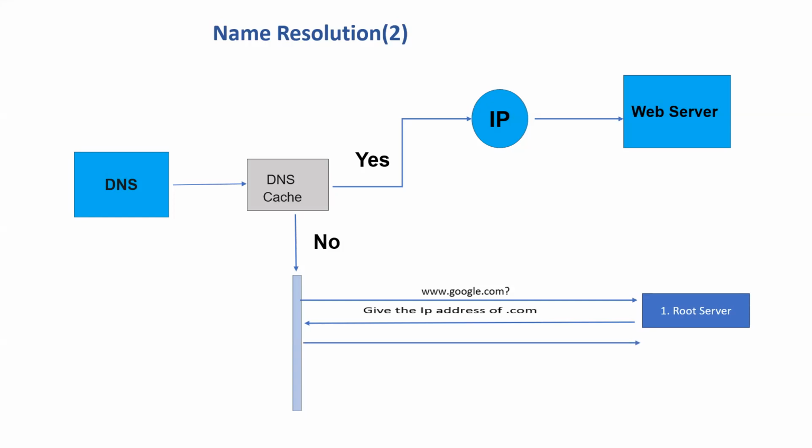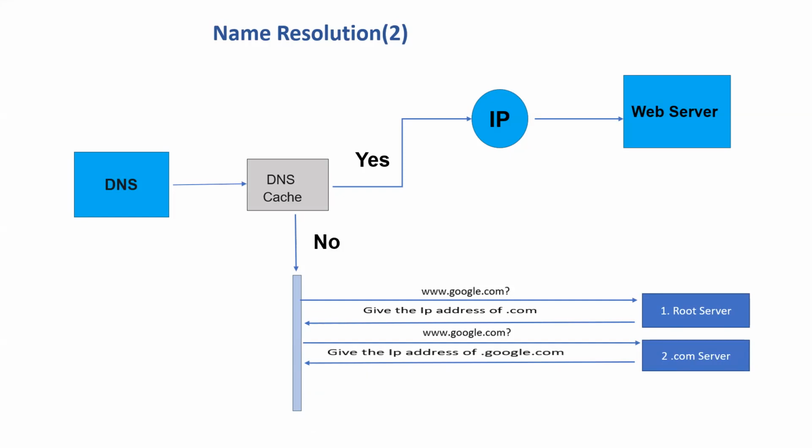Once it gets the .com IP address, it will connect to the .com server and ask the same question, hey, .com server, do you have the IP address of www.google.com? Again, the .com server is not the authoritative server. It will say, sorry, I cannot give the IP address of the complete www.google.com, but I can give you the IP address of google.com. Then it will connect to the google.com server